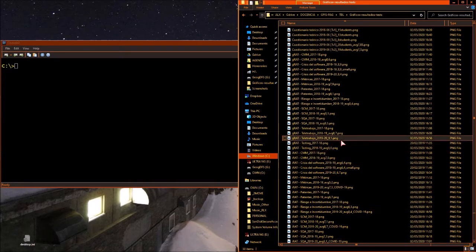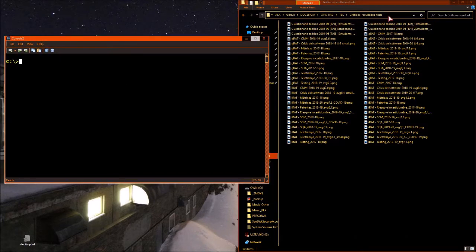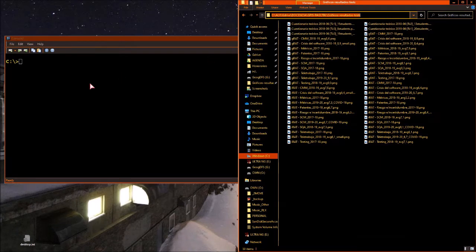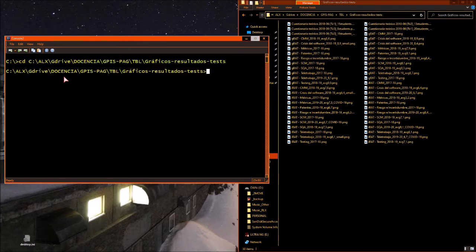First of all, I have the command line here on the left. I will just copy and paste the address to locate, with a change directory cd command, the directory that I'm working in.